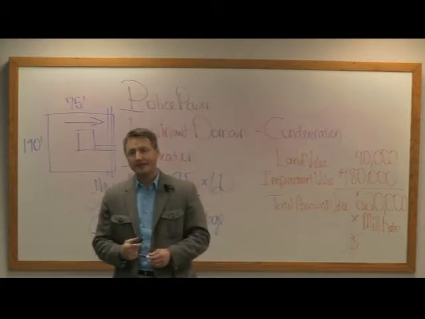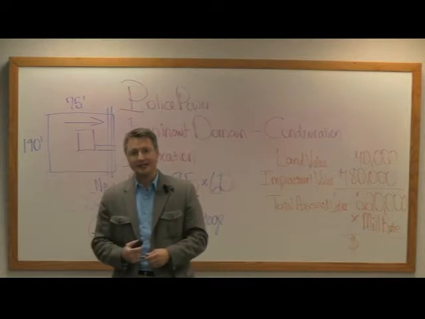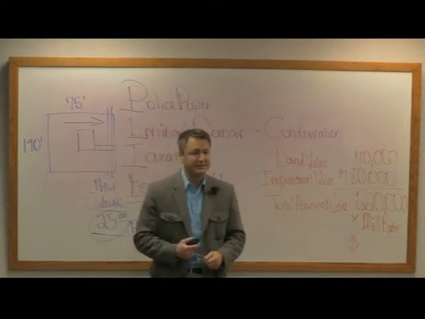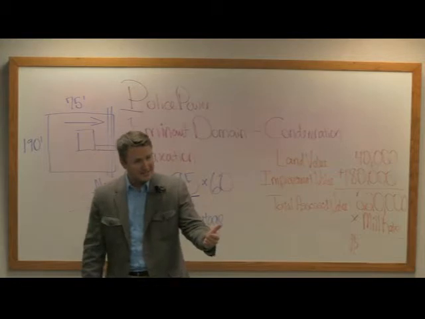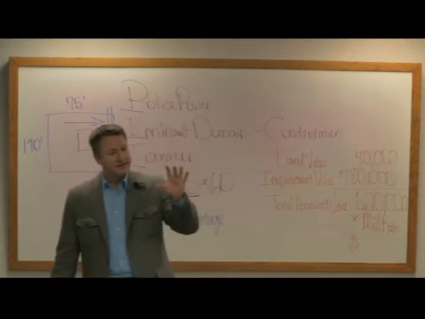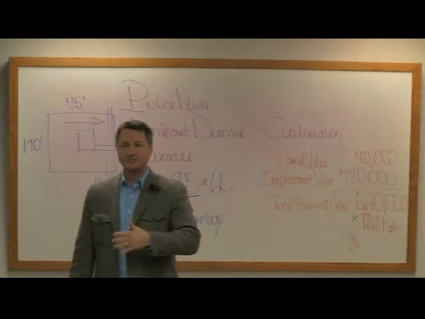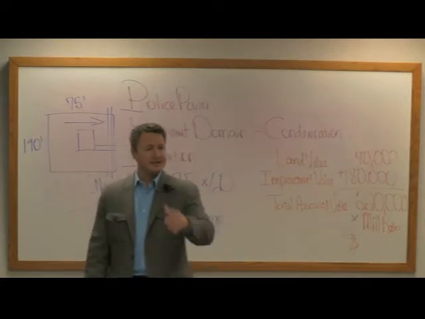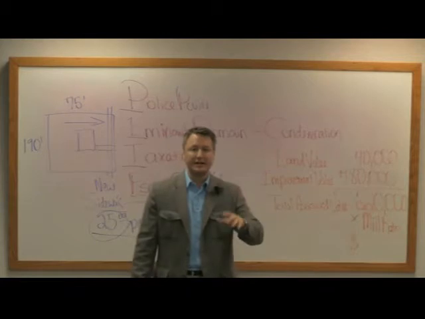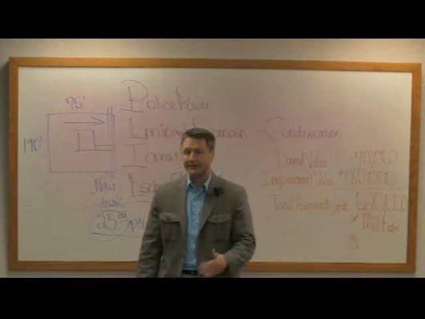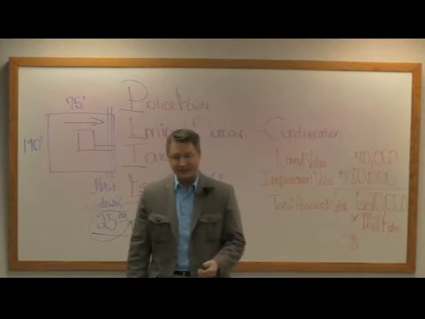Okay? A couple things to think about with that is make sure your sellers understand what by textbook definition is attached and what isn't. So they don't just assume that I can take the drapery rod with me or I can take the flat screen TV with me. Okay? Secondly,